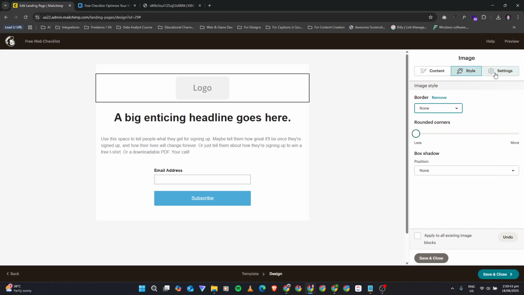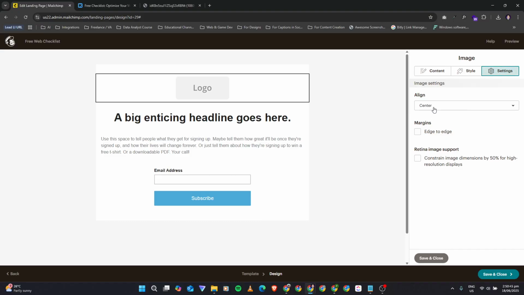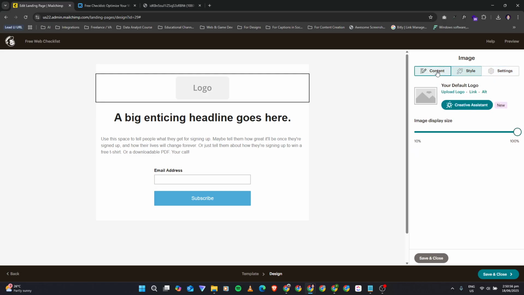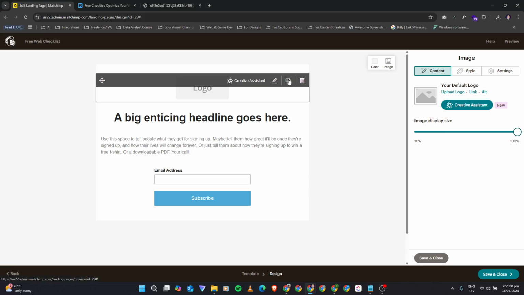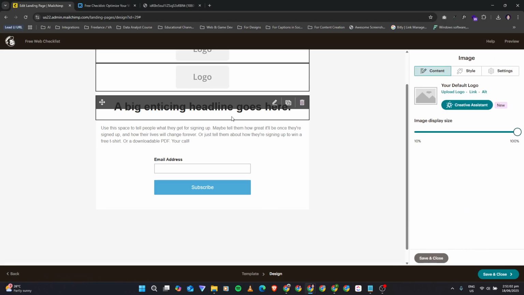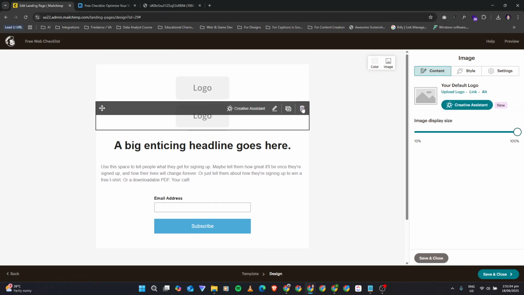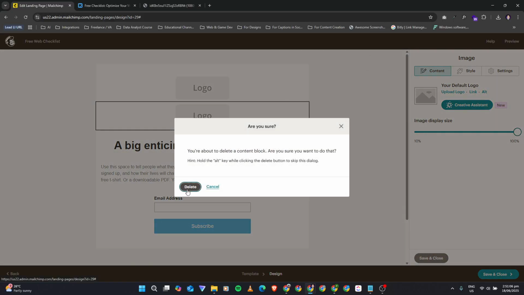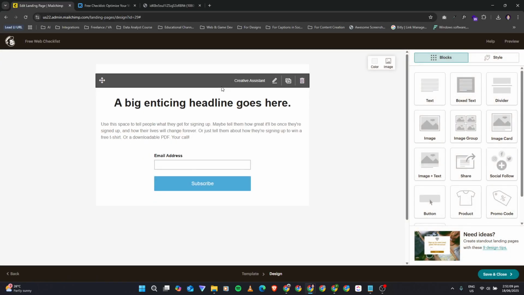And we have settings, for the alignment, edge to edge, and retina image support. This one is duplicate, if you want to double these two logos. To delete, just click this, delete, click this, delete.